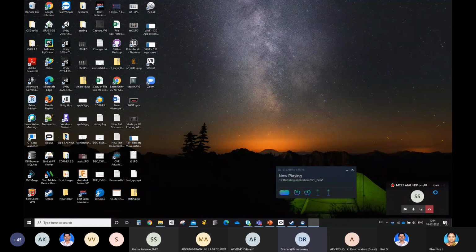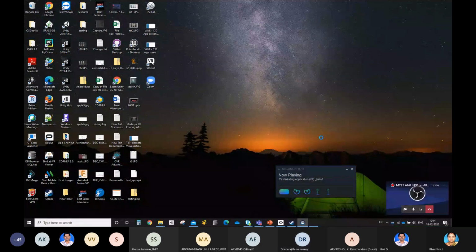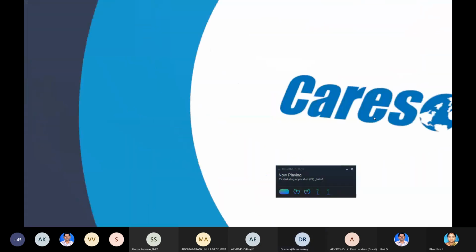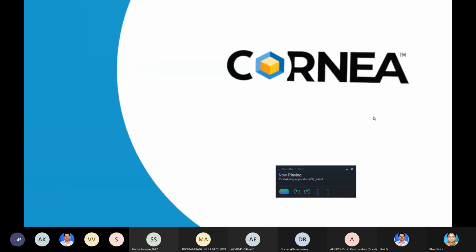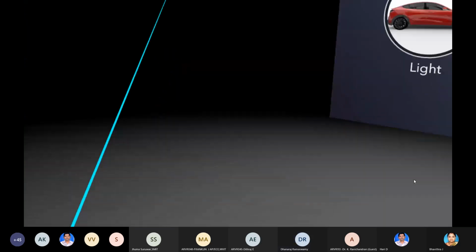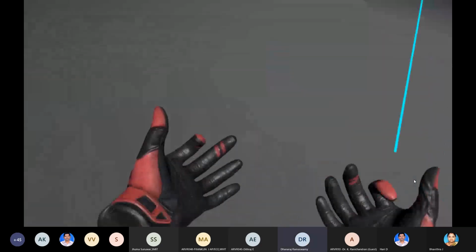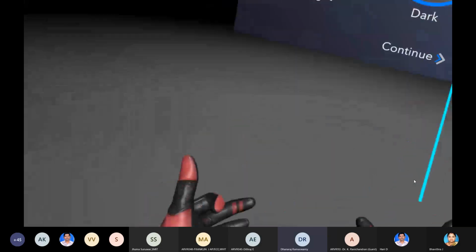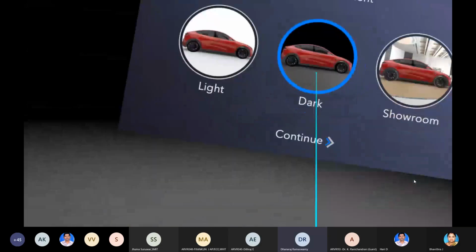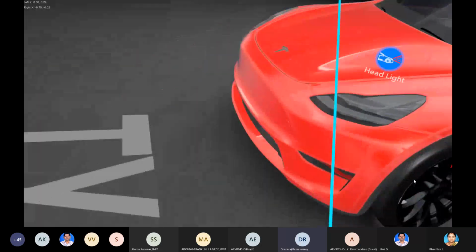Now I am running the SteamVR application. This is another marketing application. It has the same controller, but with SteamVR we have multiple-purpose users. Now the controller has changed and a lot of things have changed inside.